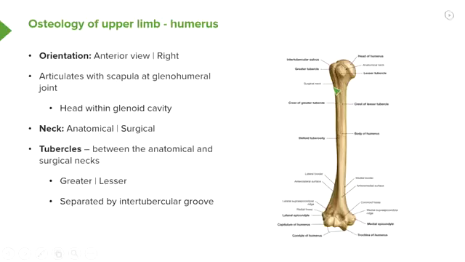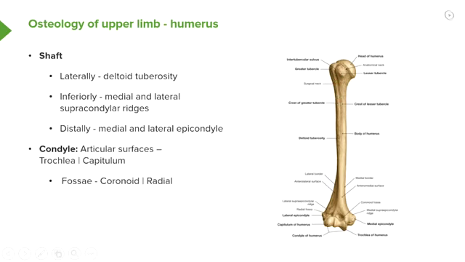Now let's move down on this anterior surface to the shaft of the humerus. We can continue down here with the lesser tubercle as the crest of the lesser tubercle, and another crest coming down from the greater tubercle here. And we can see this in more detail if we look at specifically the shaft of the humerus. We have these two crests coming from the greater and lesser tubercle, still forming this intertubercular sulcus